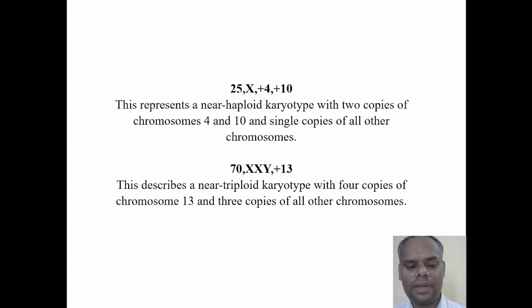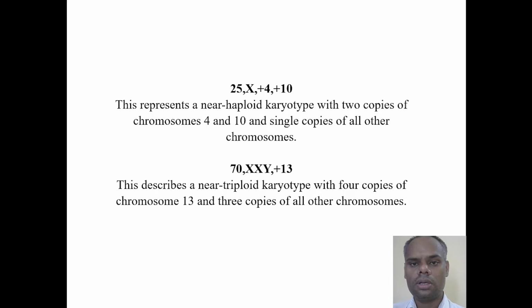Next is 25X plus 4 plus 10. This represents a near haploid karyotype with 2 copies of chromosomes 4 and 10 and a single copy of all other chromosomes. 70XXY plus 13. This describes a near triploid karyotype with 4 copies of chromosome number 13 and 3 copies